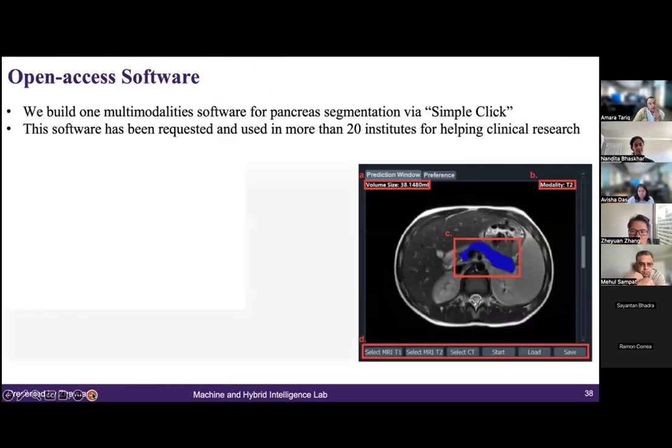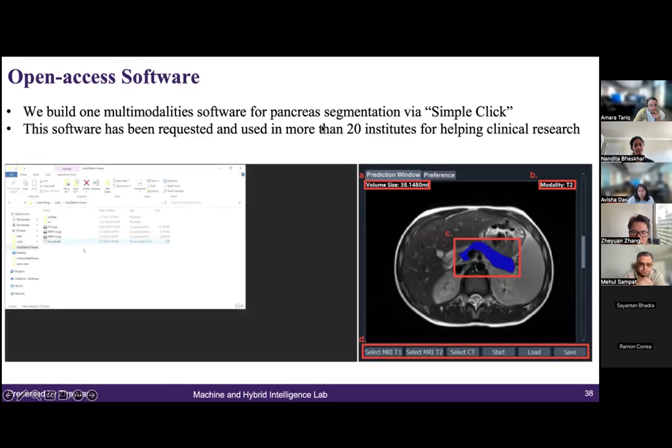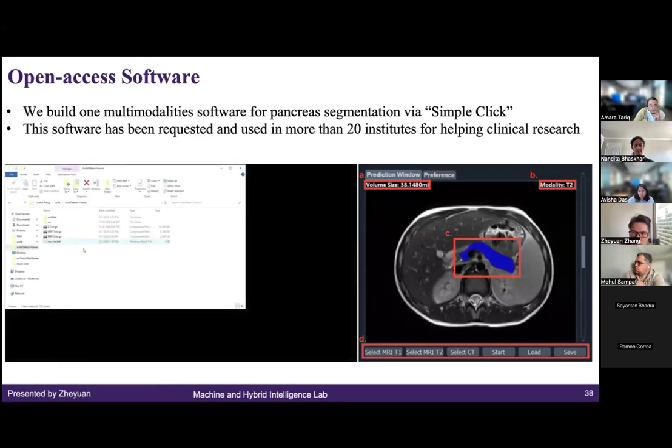So actually, to facilitate more pancreas studies for the whole field, we also provide a simple GUI software such that clinical people can use it through a simple click. You can just drag the data here and run this inference. This software has been requested and used in about 20 cases over the US, so it can really help a lot